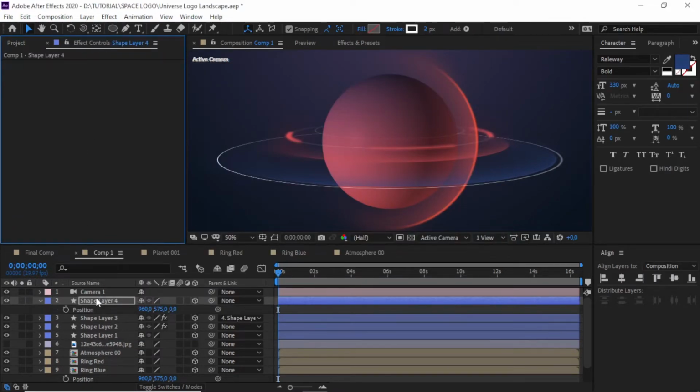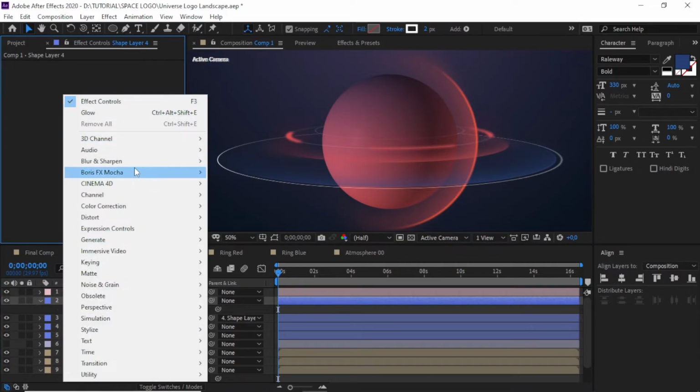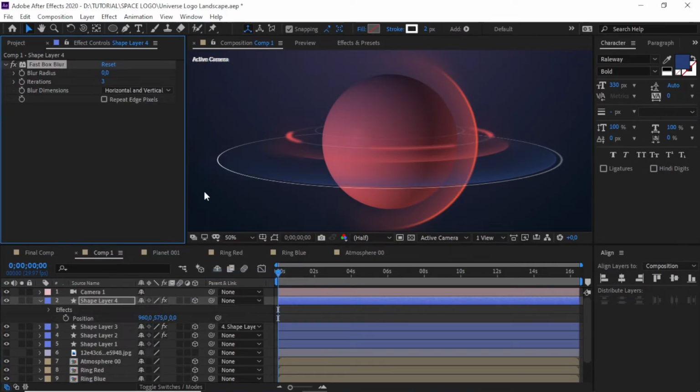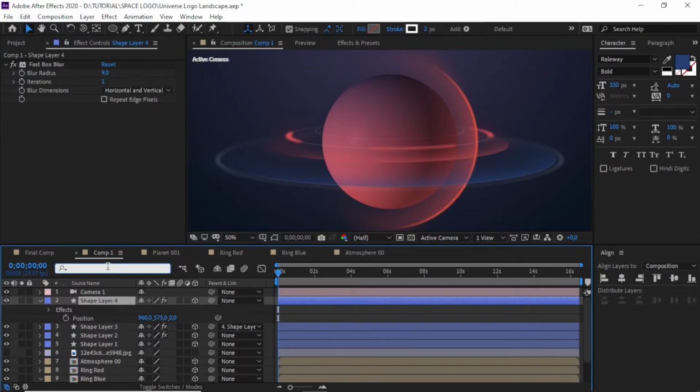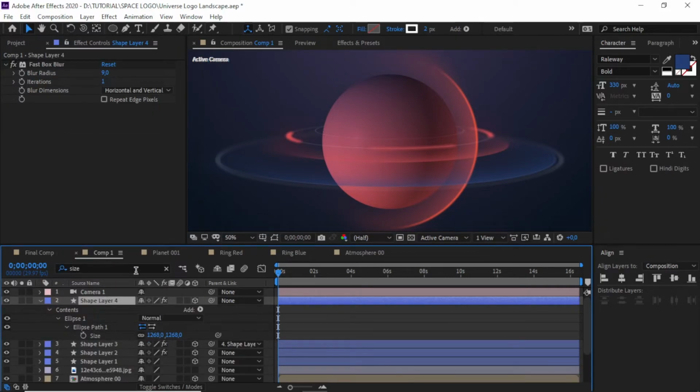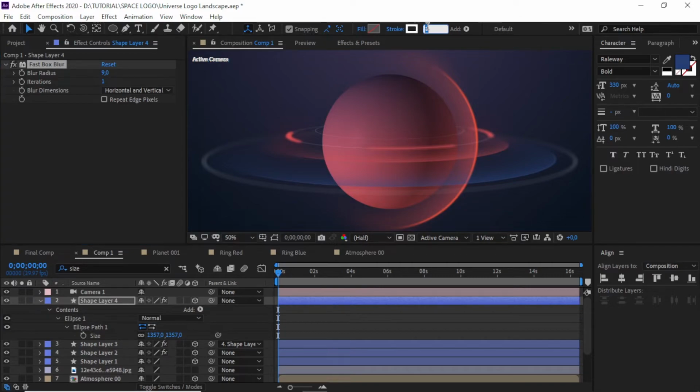Then select the ring and add blur, Fast Box Blur, something like that. You can use a small blur but with high iterations, or like this vice versa. It depends on you. You can play around with this setting. You can be creative. I just show you how to achieve something when I see some design on the internet.